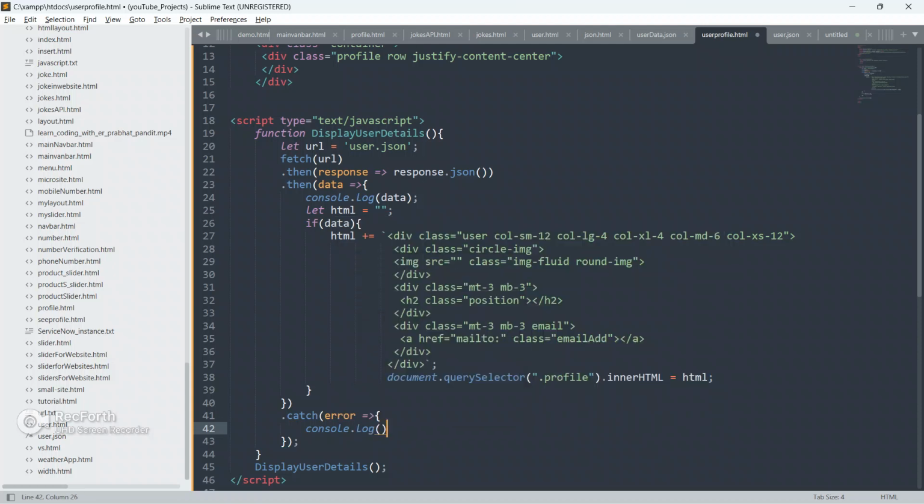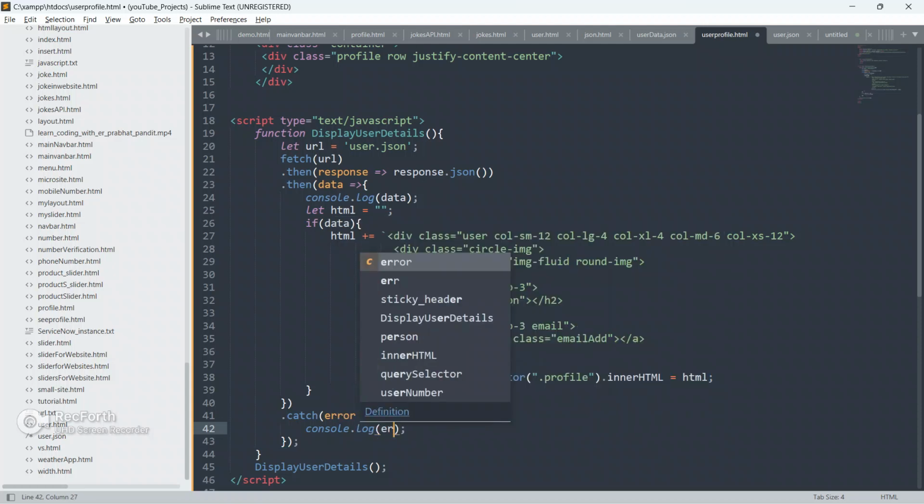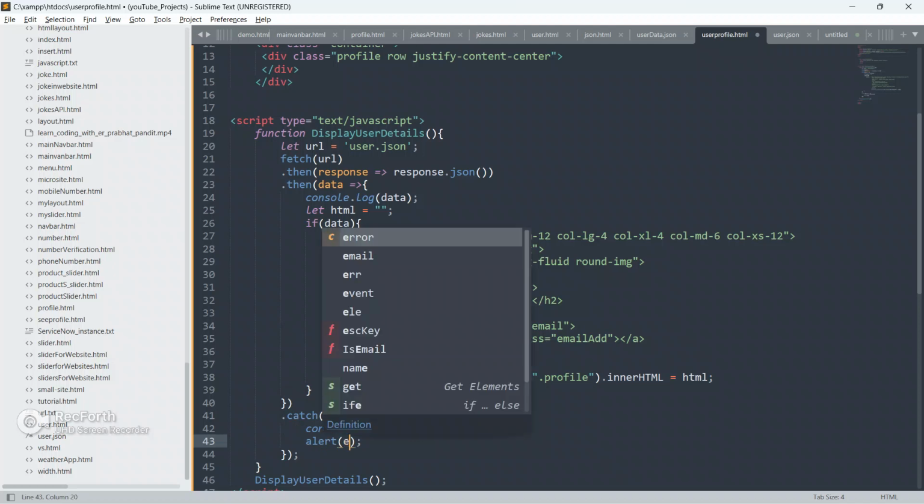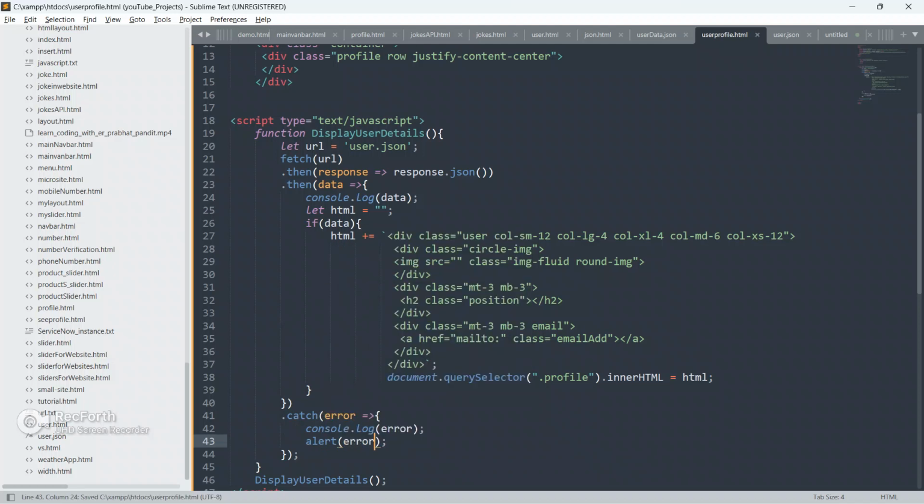We will console dot log this error and will also show it to the user. Okay,